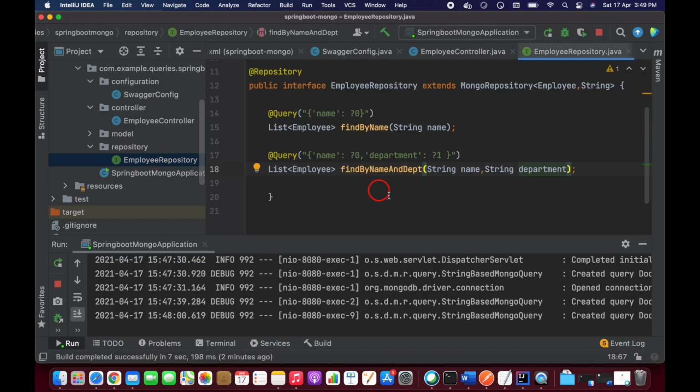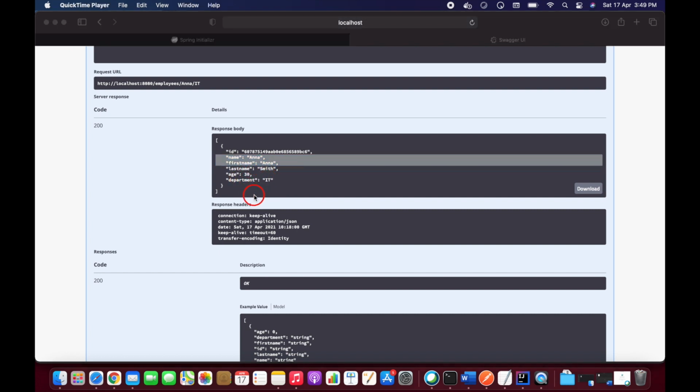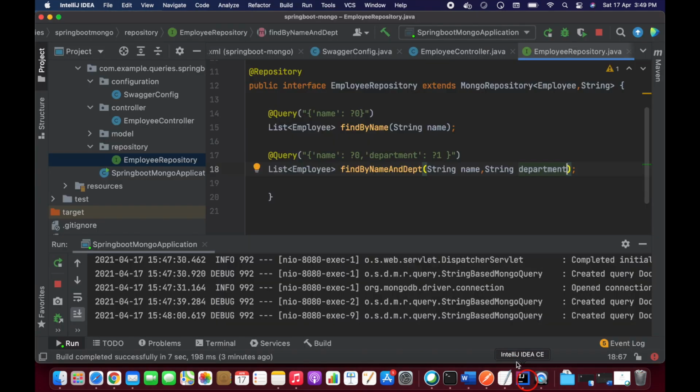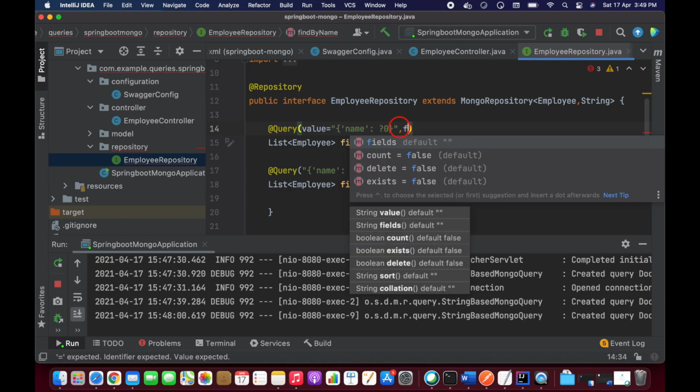Open our employee repository. Okay, so if you observe the output here, some data fields are there, right? If you want to see only some specific fields and you don't want to see some other fields, how are you going to achieve that? So basically we have a fields attribute, so let's add that, value equal to. Here we have fields, guys.